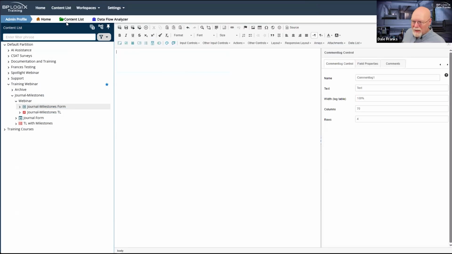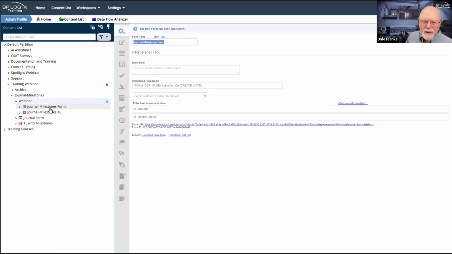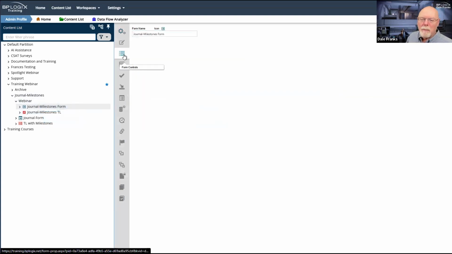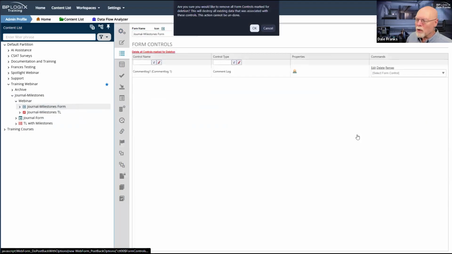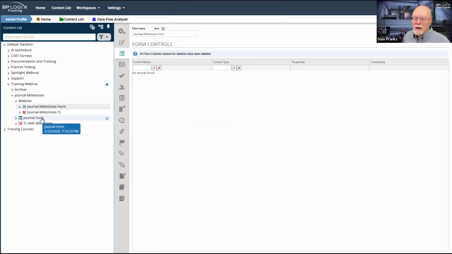So I'm going to go ahead and delete it and save and close the form, which is what I should have done so that it's marked for deletion so that I can quickly delete it here from the list of form controls, because we're not going to be looking at that again. Instead, what we're going to be looking at is the replacement for that control, which is the journal control.